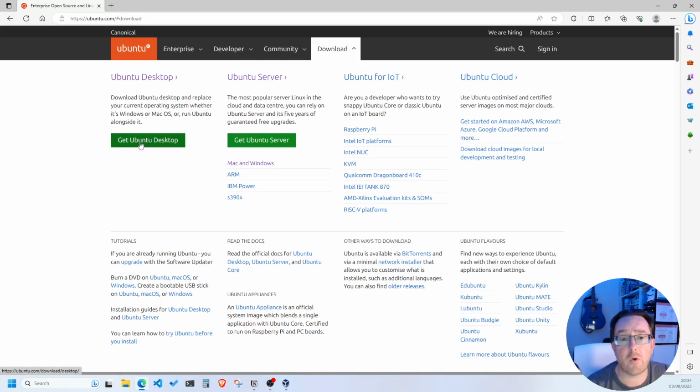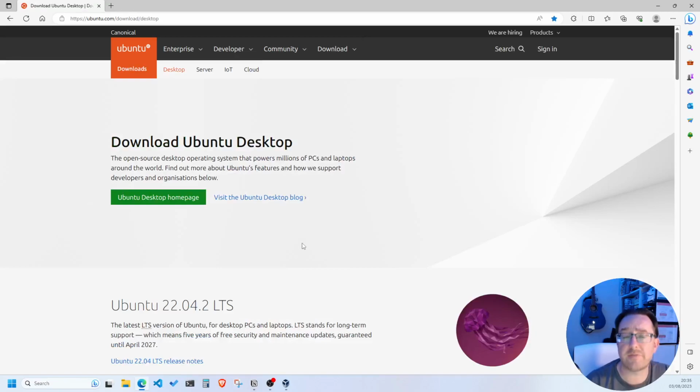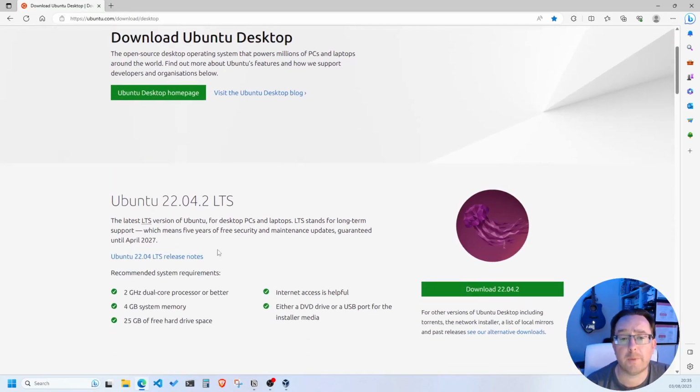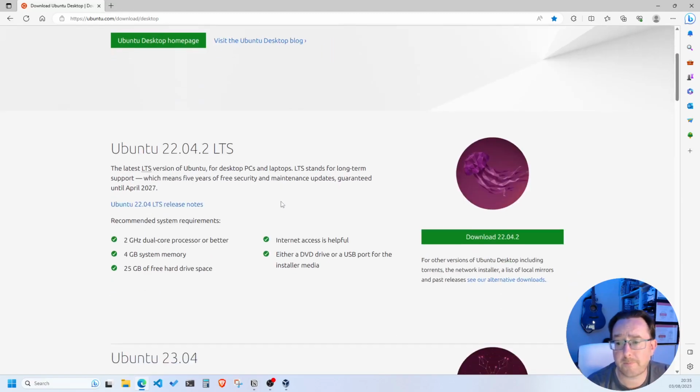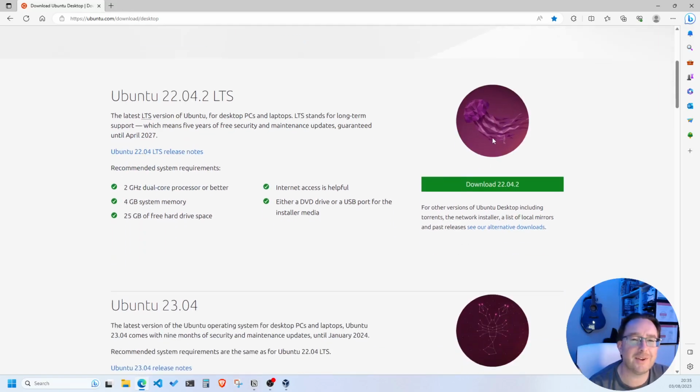So we're going to click on Get Ubuntu Desktop. When I said there's different versions in each type, what I mean is there's release versions. Yeah, so they're always updating. They're always coming out with new funky stuff to put into them. So like Windows 10 do feature updates, you can basically think of these as feature updates, and they come with very nice pictures, and they come with very nice names. The official name is Ubuntu